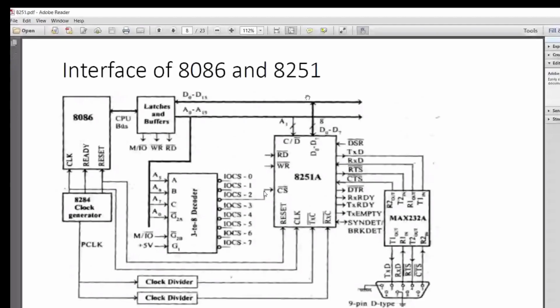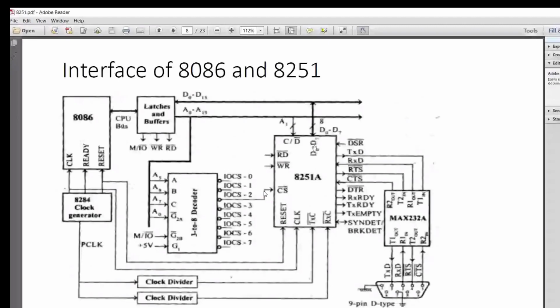Otherwise, if this line is 1, then whatever appears across D0 to D7 is a command word to be stored into the command register, and a mode word to be stored into the mode register. So we have control words, and we can have reading and writing operations done for this.